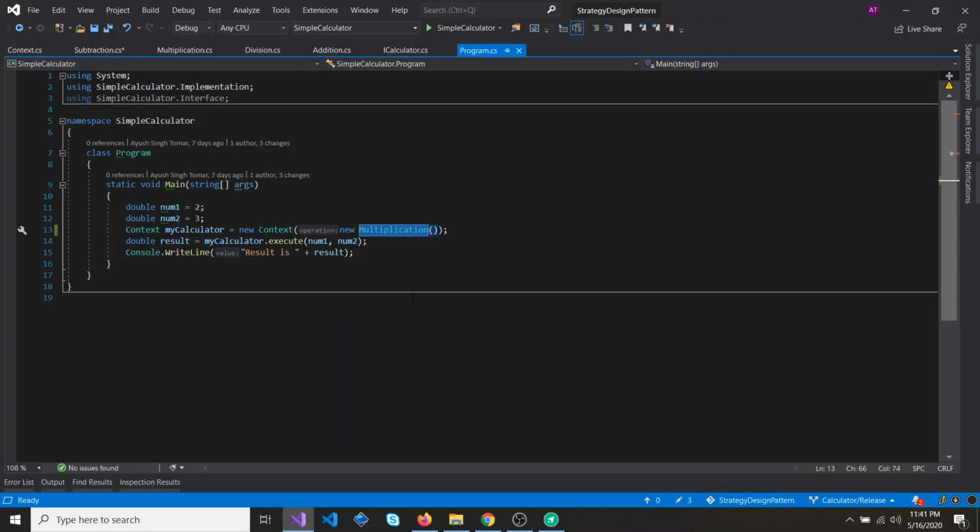You can make it in such a way that if the user types plus, then it will automatically take the addition operator. If the user types minus, then it can take subtraction or anything you want. But one design pattern could not cover everything. So that's a part of some other design pattern. So stay tuned with us for learning something new.